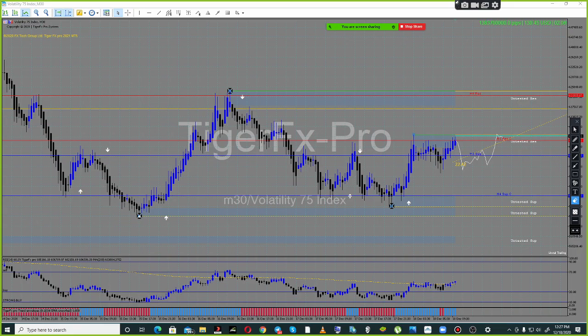Okay, so here, what we have is a resistance area, right? On the resistance area, if there's a buy signal for you to enter a buy, you don't just jump into a buy. You must wait for the price to break that resistance, because it can happen that price respects this resistance and goes in the opposite direction. Even when you have a buy signal, you must wait for price to break this resistance.